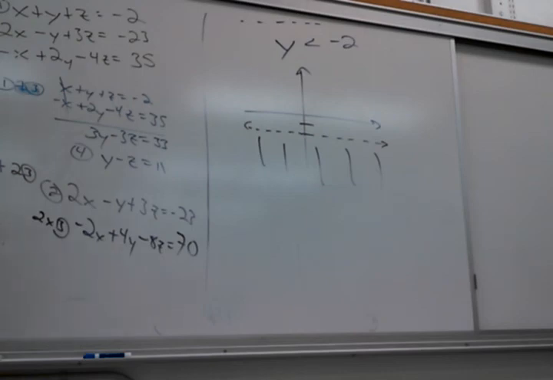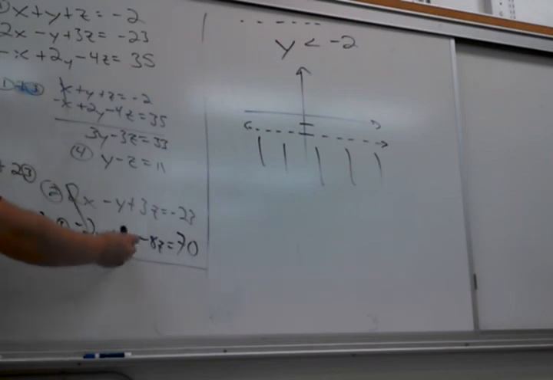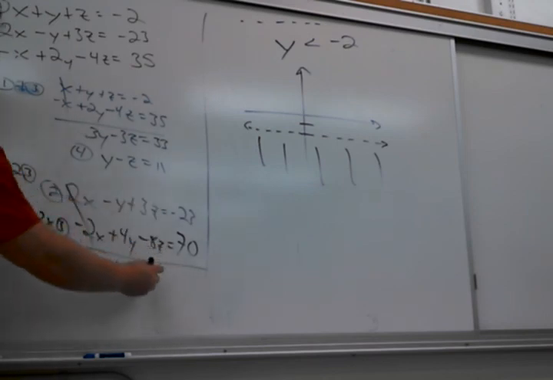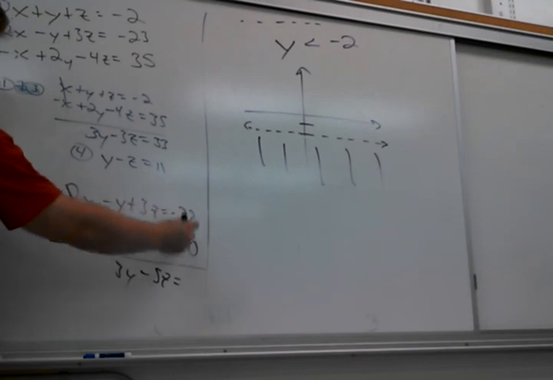It's the same thing we did with elimination before. If it doesn't match up, we make it match up. We double that so that they match up. So what do I get when I add those together? 3y minus 5z